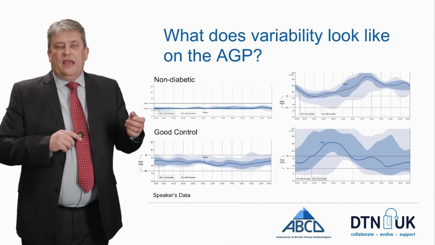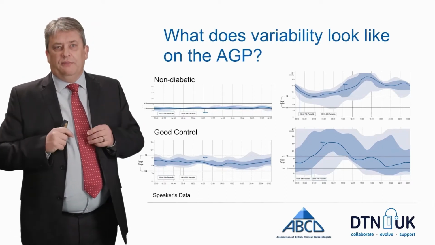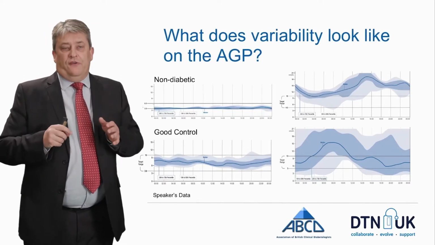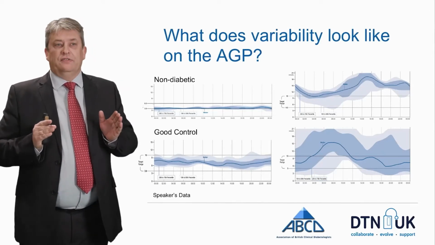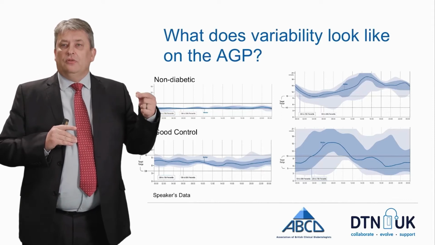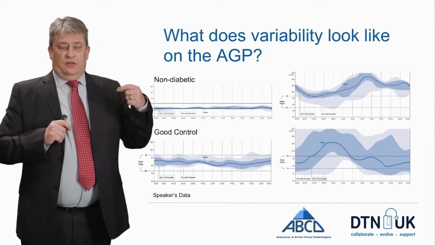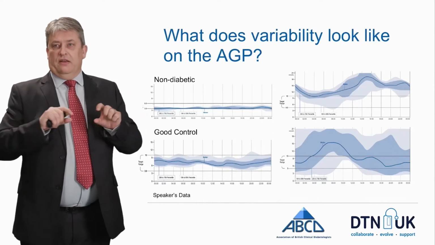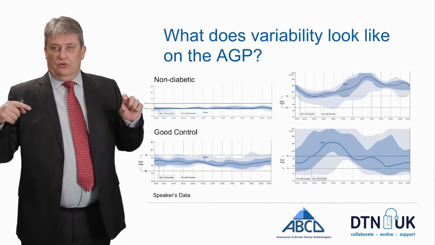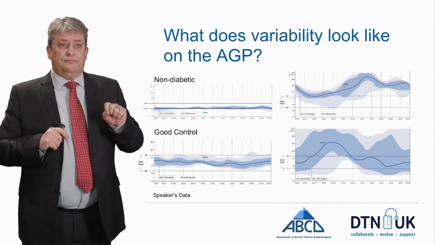So what we have here on this slide is 4 different profiles from different people. And we can see that the profiles can look very, very different from one person to another. Top left, we have an individual who doesn't have diabetes. And we can see that for this individual, the whole of the glucose experience, when averaged out according to these interquartile and interdecile ranges, is virtually a flat line.